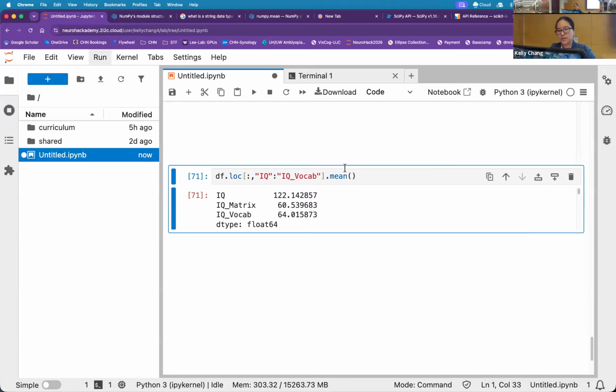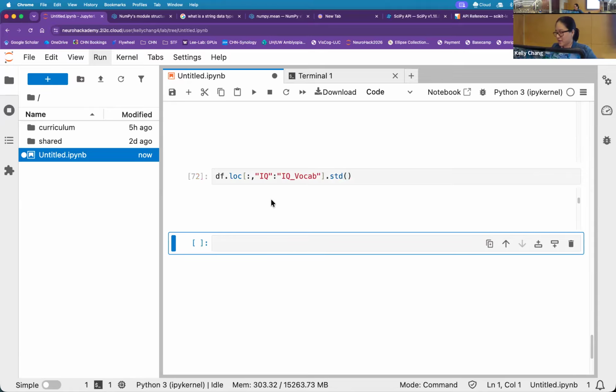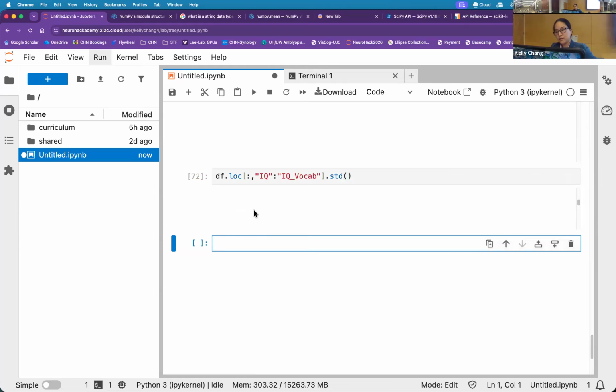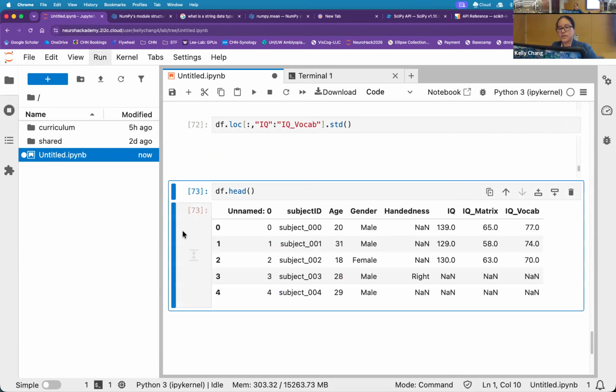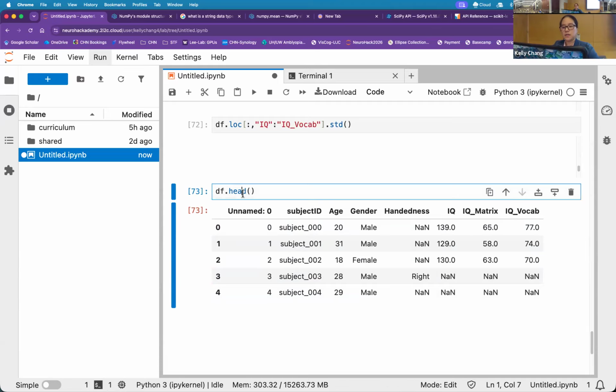Okay. And there's, of course, standard deviation, STD. I do remember some of my basic stats, commands. Okay, some more important things if you want to do actual aggregate numerics or summary statistics on your data frames. Just to show you the head of the data frame again, I mentioned the index here is in bold on the left-hand side, but that's not a very informative index. What I can do instead is set the index to be something more meaningful, let's say the subject ID column. So if I do set underscore index and then give it the subject ID column, I want you guys to take a look to see how the output will change a little.